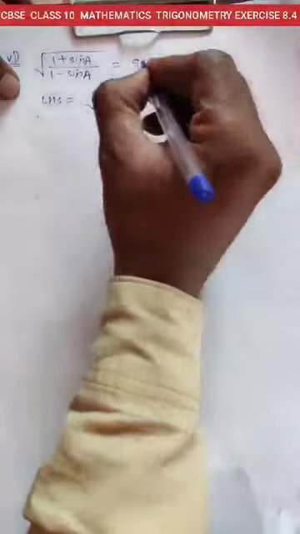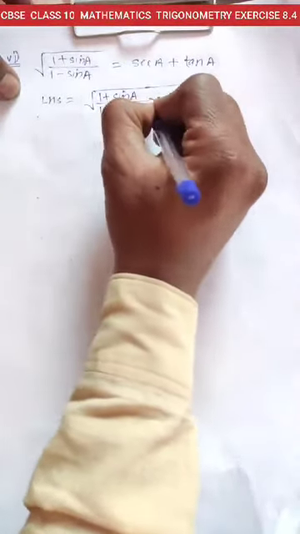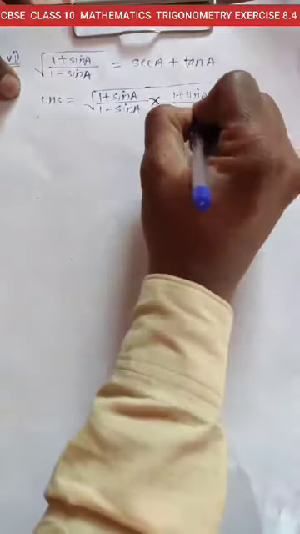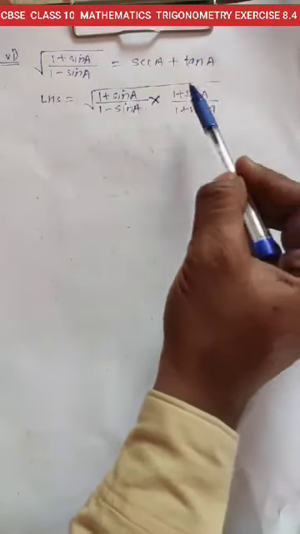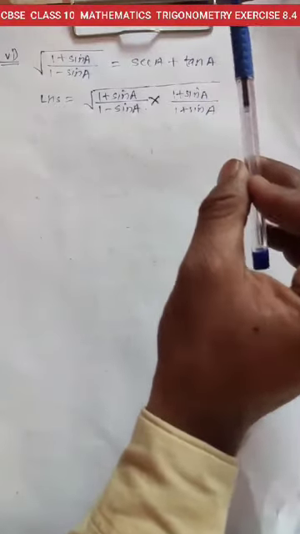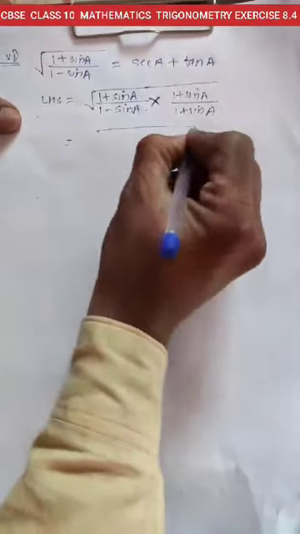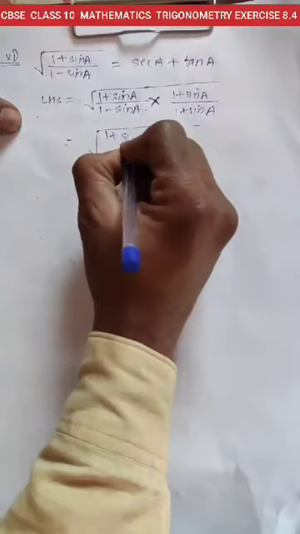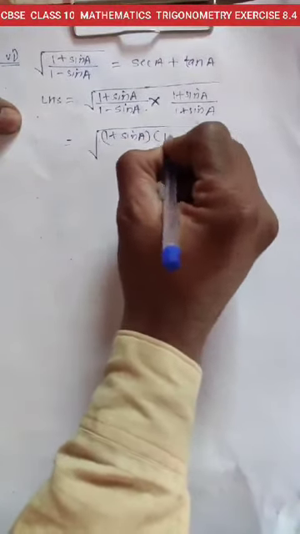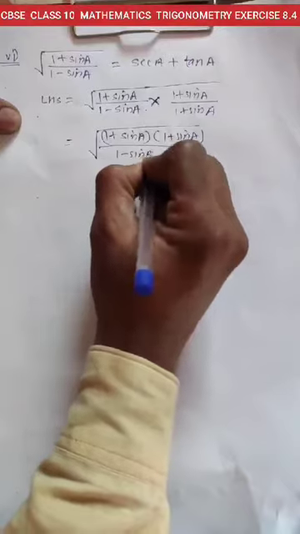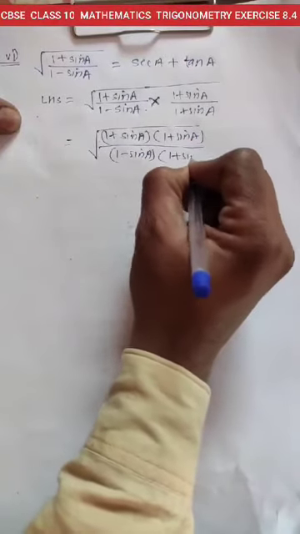So we write down this left hand side, and simply multiply numerator and denominator by 1 plus sin A upon 1 plus sin A. Simply making this adjustment: if we cancel this term 1 plus sin A, we get the answer 1, and 1 into the term is equal to 1. That is the root. Okay. So in the next part, numerator multiplied by numerator, 1 plus sin A into another bracket 1 plus sin A, divided by 1 minus sin A and into another bracket 1 plus sin A.